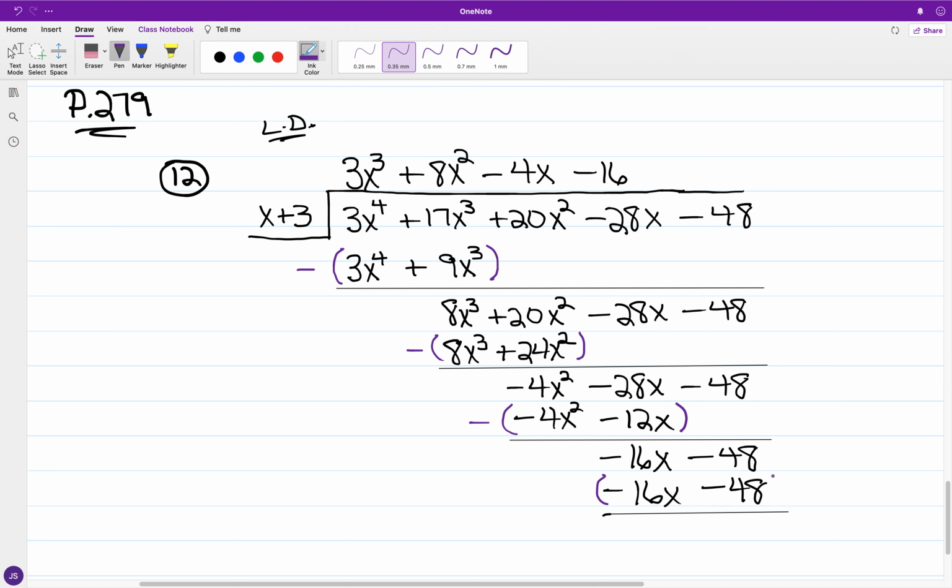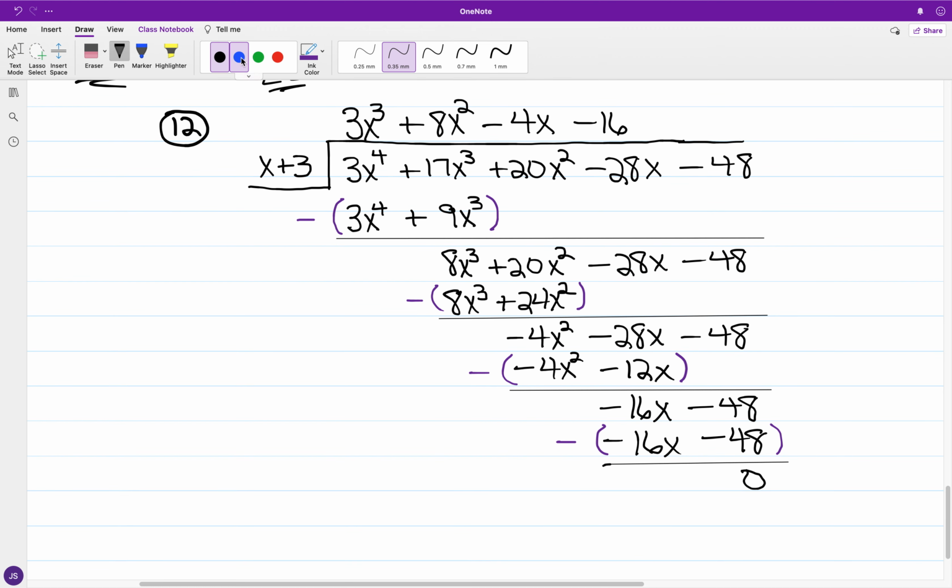And once again, we have subtracting. So we have negative 16x plus 16x, that will cancel. And guess what? We have negative 48 plus 48. Okay, so that is going to be 0. And so for the end result, the quotient will be the top array